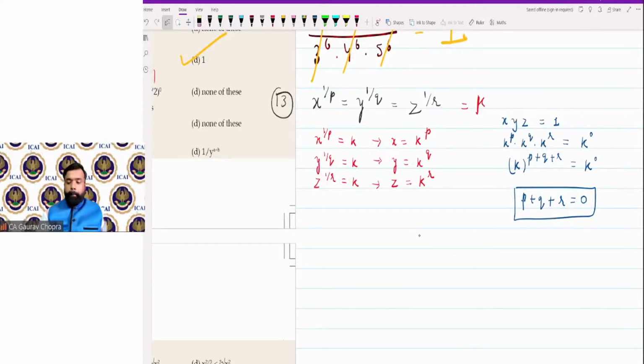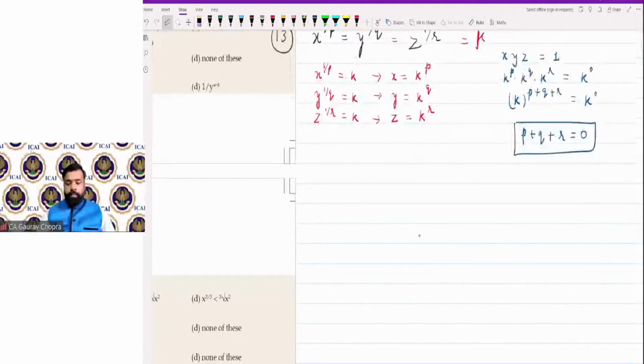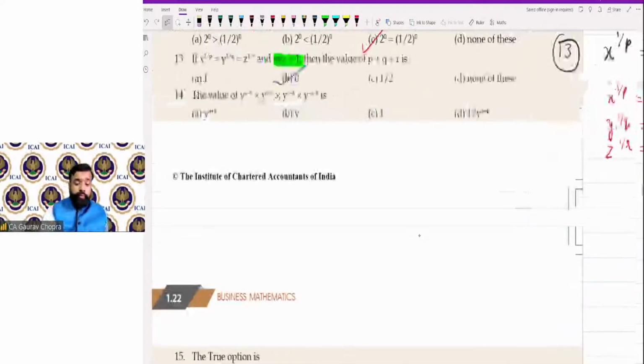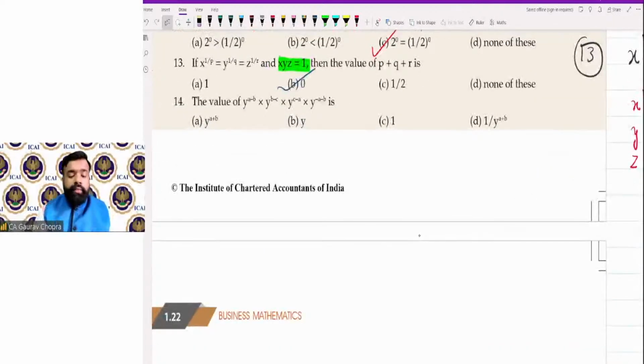Okay. Now, the next one. 14. Y is having different powers, a minus b, b minus c, c minus a. But it doesn't end here. अगर ये क्वेश्चन सिर्फ यहीं तक होता, a minus b, b minus c, c minus a, तो यहां तक आपका पूरा साइकिल कंप्लीट हो गया, a to b to c, and then again c to a. But question is still going on.